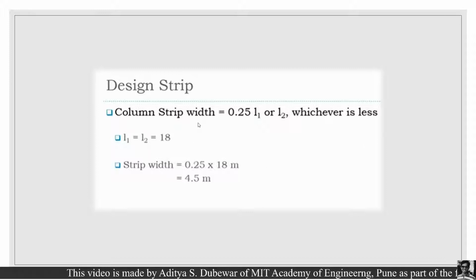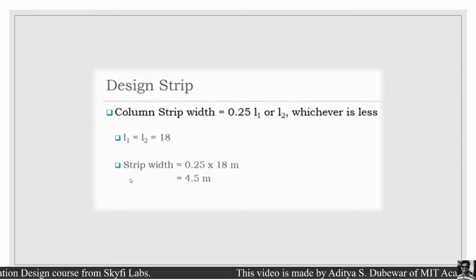For column design, the formula for the column design strip is 0.25 L1 or 0.25 L2, whichever is lesser. That means L1 is the length and L2 is the width of the building. Here our column grid length and width is 18 meter.